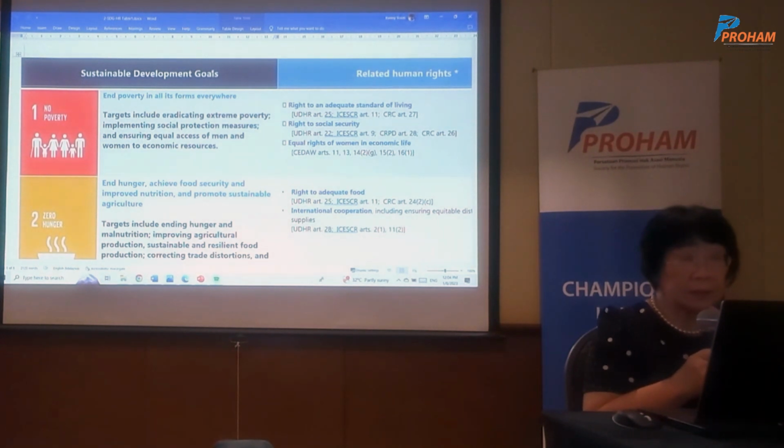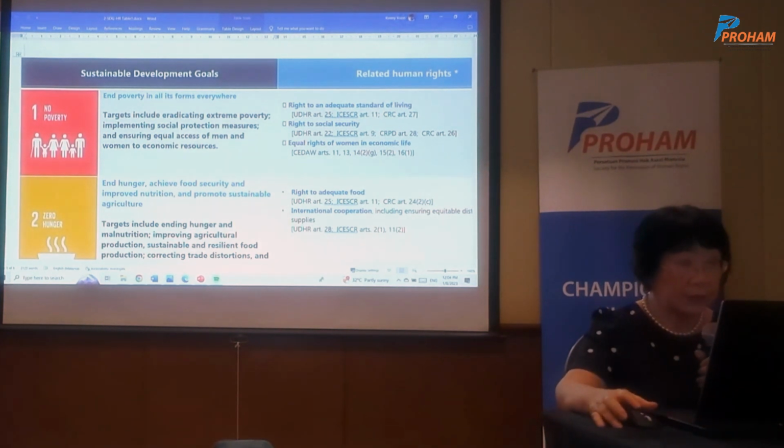These groups are still in a very desperate situation, especially in Sabah, with the highest poverty rate of 19.8%, Kelantan 13%, Sarawak 11%, and some districts in Sabah are even up to 45-50% in poverty. So the government really has to take measures to